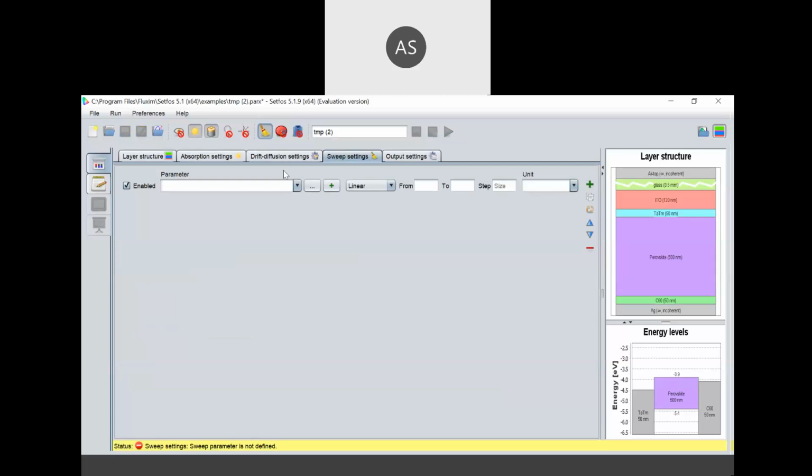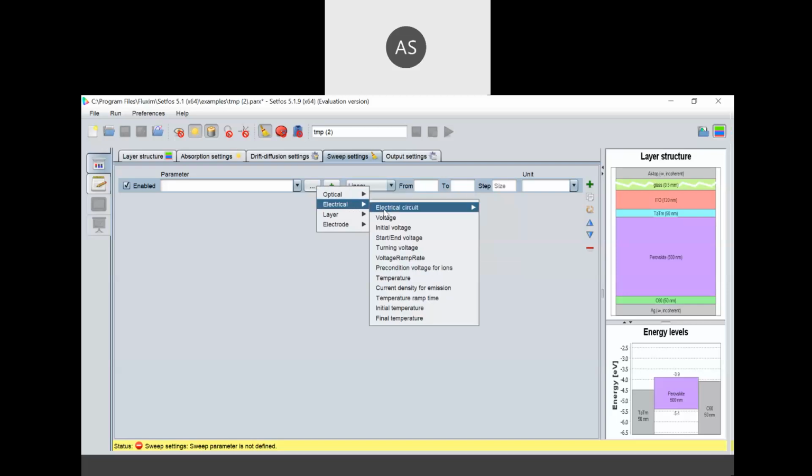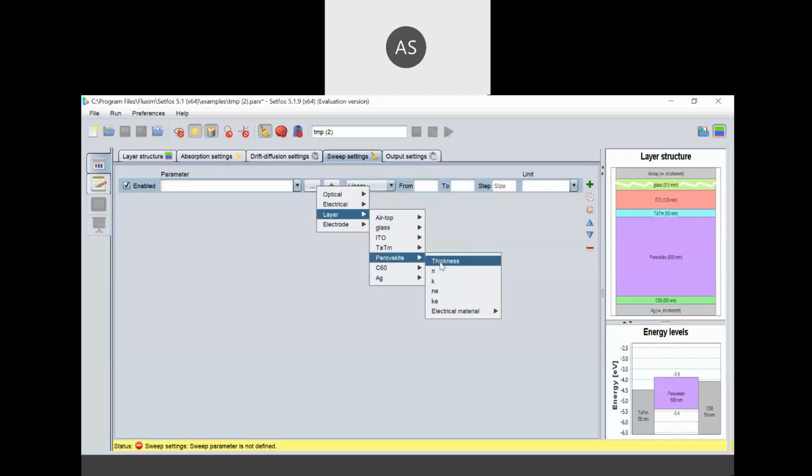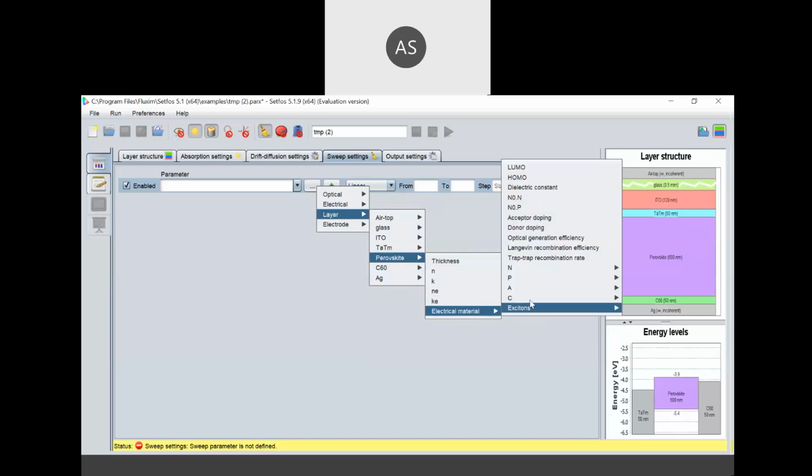This is swapping, where you can swap the electrical parameters, optical parameters, intensity, wavelength, any parameter. So you can find it here, and you would like to swap the voltage, temperature, current, initial temperature, ramp rate, and if you would like to swap the thickness from one range to another range, so that you should not simulate your device for each thickness value or each refractive index value.